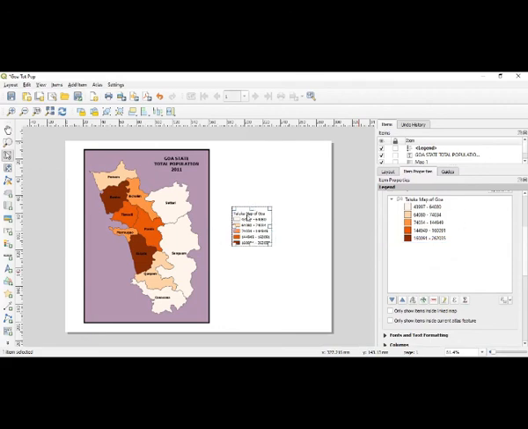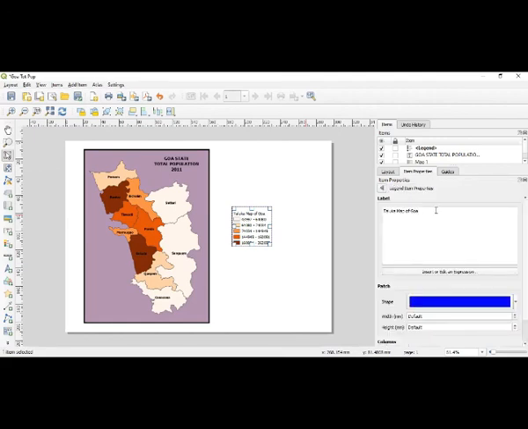Now I wanted to show that what this legend is showing, it is not showing the taluka map of Goa. I want to correct it. So for that, I will select this one and go to edit selected item. One pencil mark is there at the bottom, you see. I will go for that one. And here it is going to give me what you wanted to write. Here the total population. It is going to show you the total population. Total population is seen here.